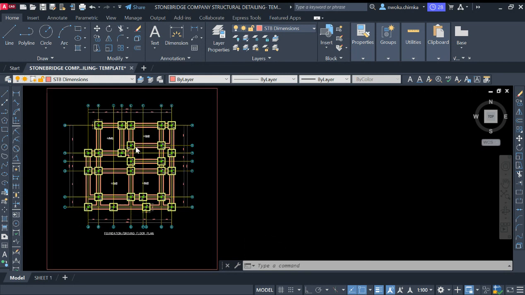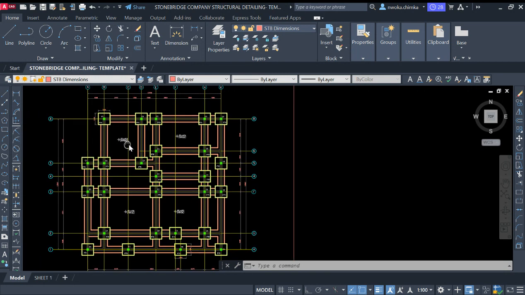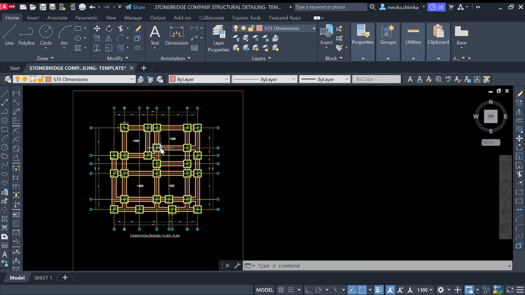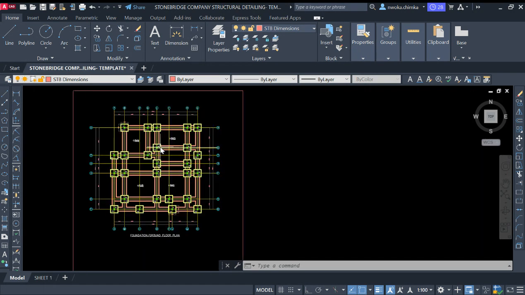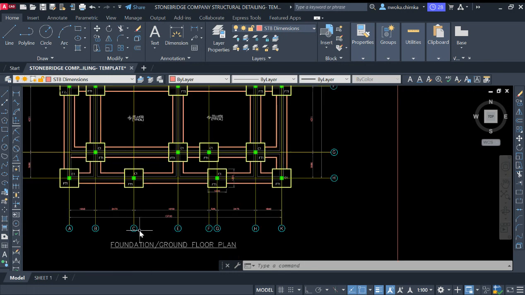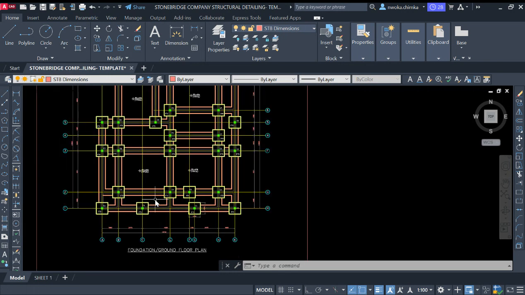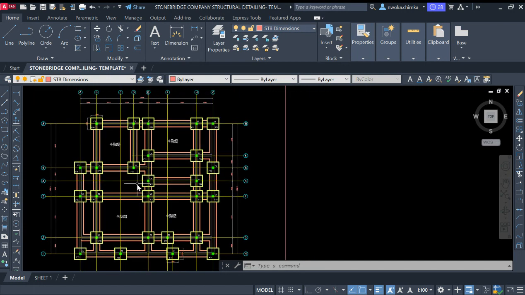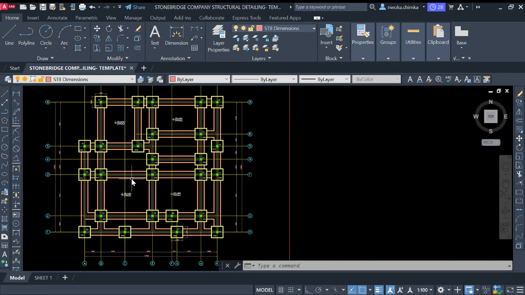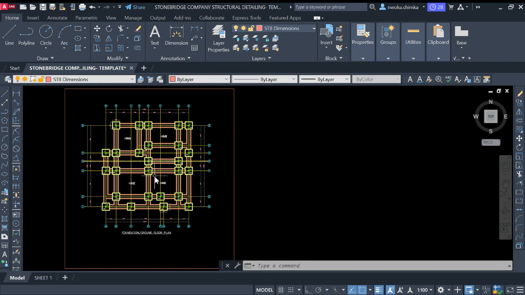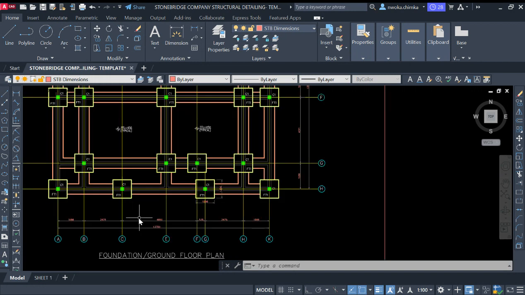of this lesson today, which is to show you how to detail a foundation footing right here in AutoCAD. We detail this structural drawing manually. So this is how to detail or to create or to form a foundation layout or to draw a foundation layout for any kind of concrete building. So using this step, you'll be able to perform a foundation layout for any kind of concrete building perfectly right here manually in AutoCAD. And by using this Stonebridge component template, I will recommend this for you to use it